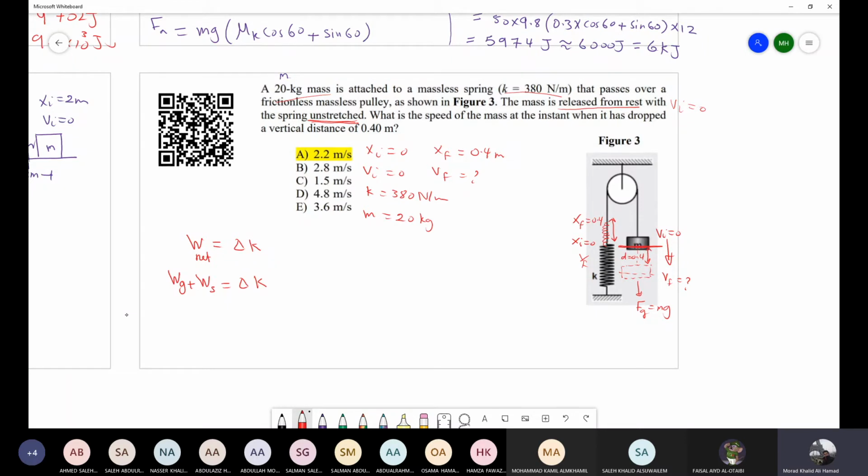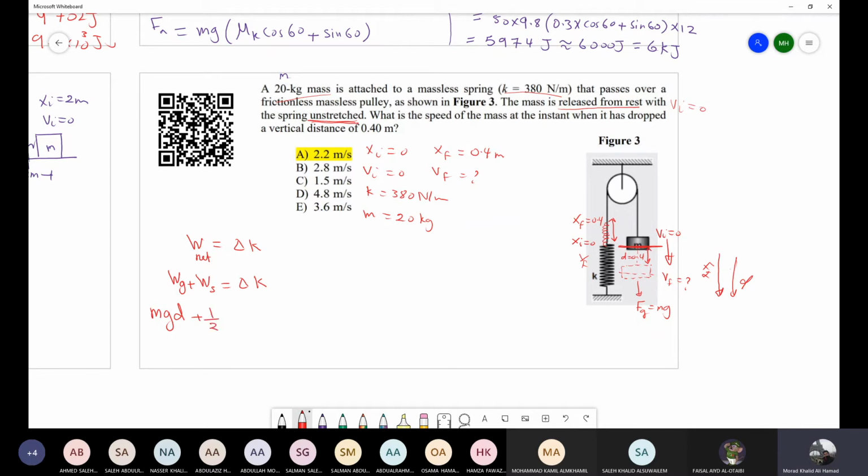Now, the work of gravity: gravity is acting down and D is down, right? This is Fg and D in the same direction. So this one is Fg or mg, let's put it directly. mgd cosine 0, which is 1, plus